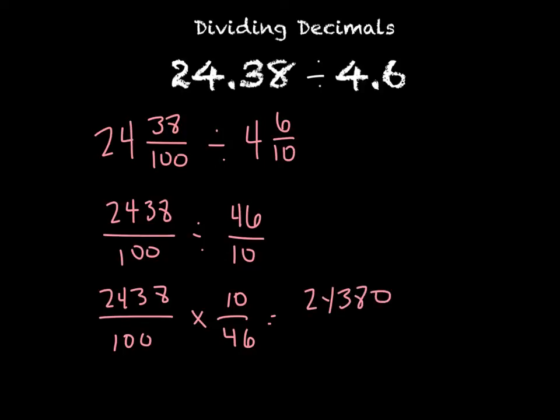2438 plus a 0 because we're multiplying by 10. And then we're going to divide by 46. And then all we have to do is do this division. And if I get out my trusty calculator and I divide,